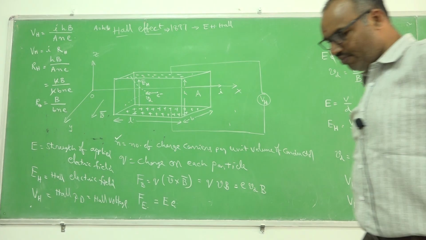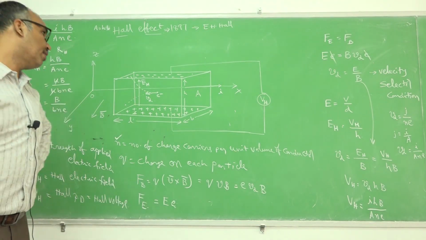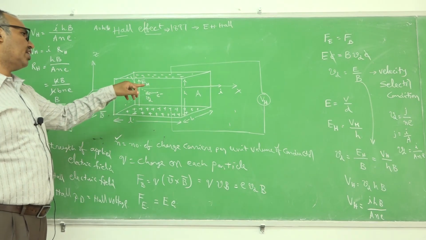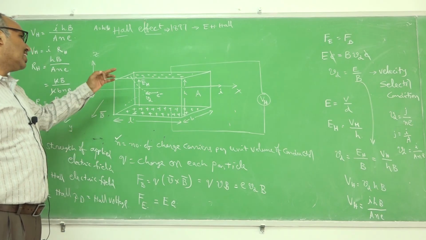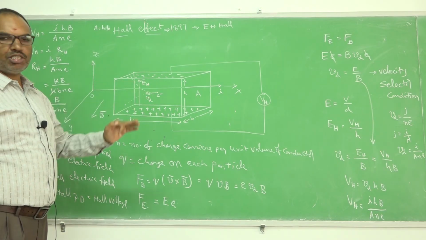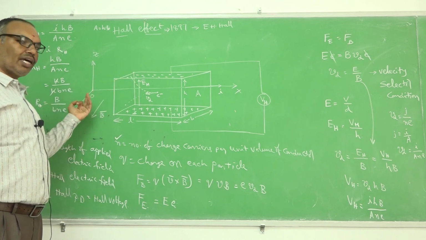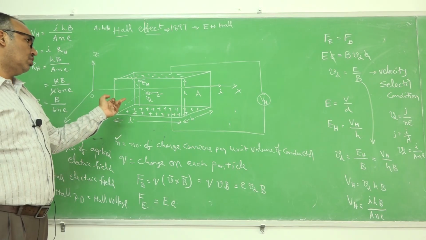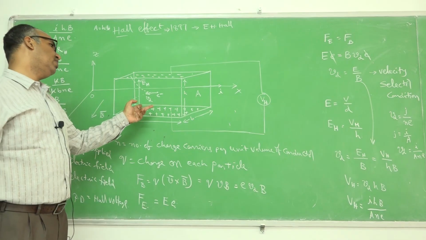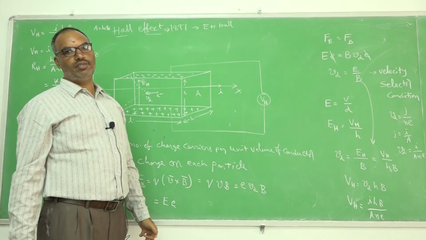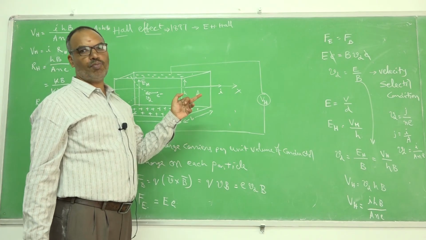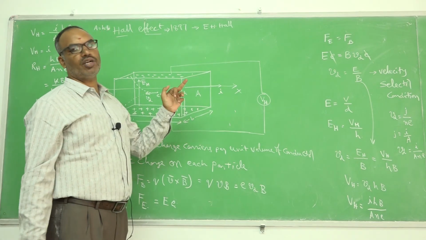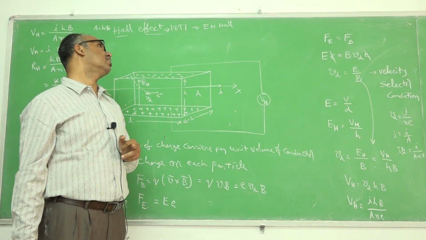Once again, you tell me what is a Hall effect? Briefly, whenever we apply magnetic field perpendicular to the direction of motion of current through a conductor, through one set of faces current is passing, through one more set of faces magnetic field is applied. The remaining two faces are available in perpendicular direction to both. On those set of faces, we will get a potential difference. The phenomenon of generation of potential difference across the other two set of faces due to the application of magnetic field perpendicular to the direction of motion of current through a conductor is called Hall effect.